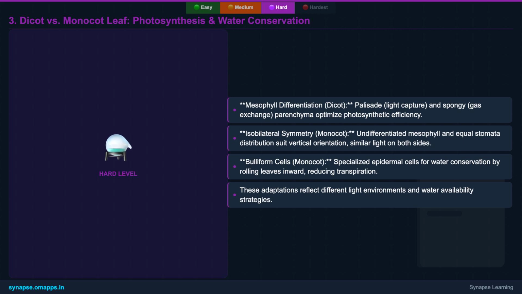Dicot secondary growth, leading to wood formation, allows for the development of tall, long-lived trees that dominate many terrestrial ecosystems. Monocots, lacking this, often adopt herbaceous or rhizomatous growth forms, thriving in different niches. This interplay between internal structure, growth patterns, and environmental adaptations underscores the elegance of plant evolution and morphology. Understanding these connections is key to mastering plant biology.